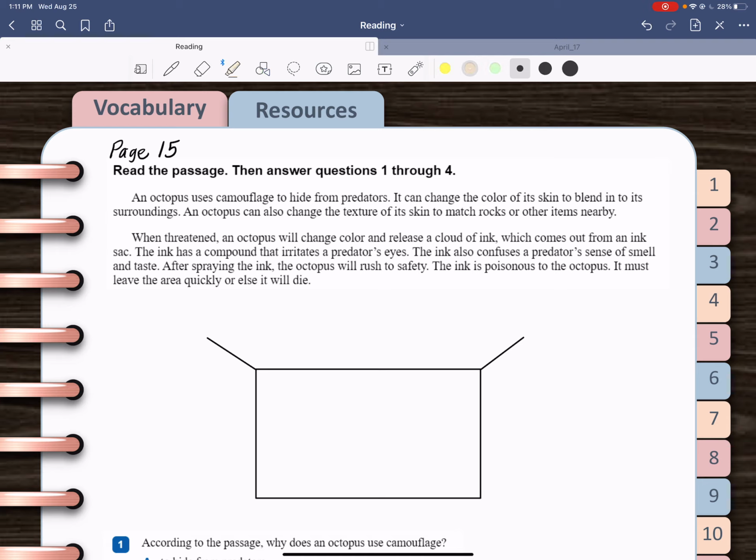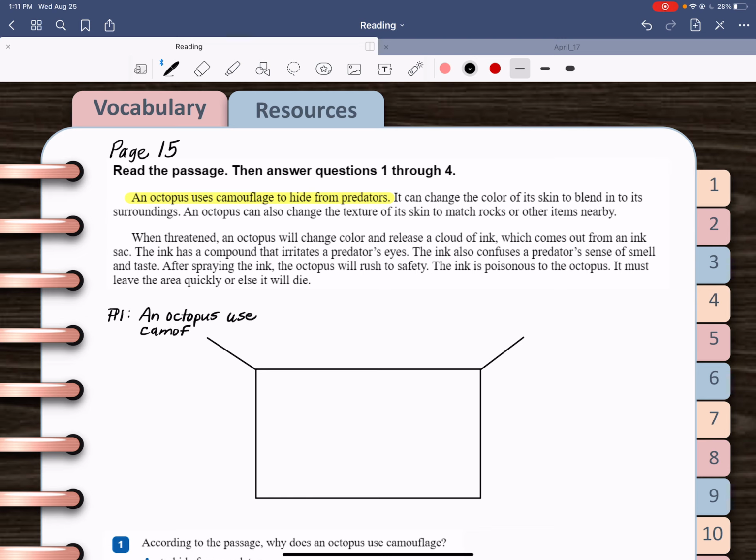So in paragraph 1, here's my main idea sentence. An octopus uses camouflage to hide from its predators. And since that is a main idea sentence, I'm going to copy it. An octopus uses camouflage. Now, camouflage